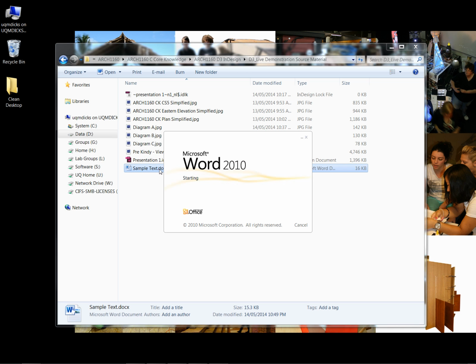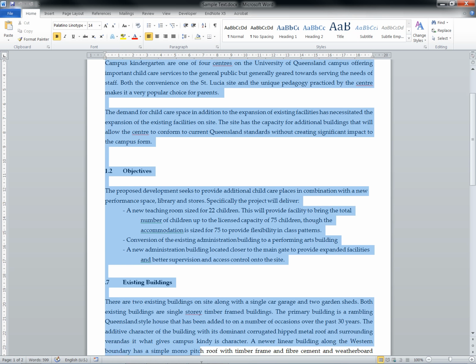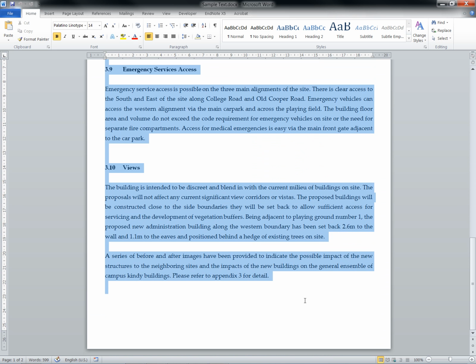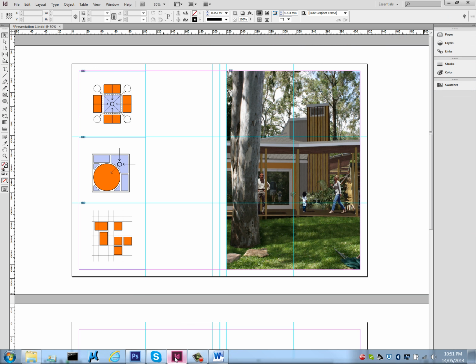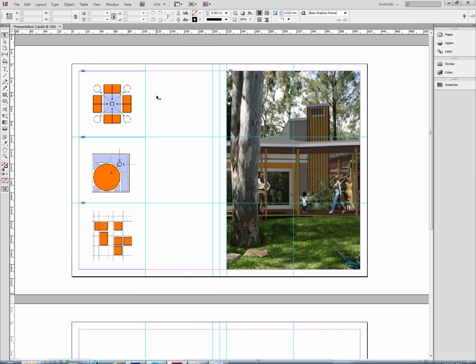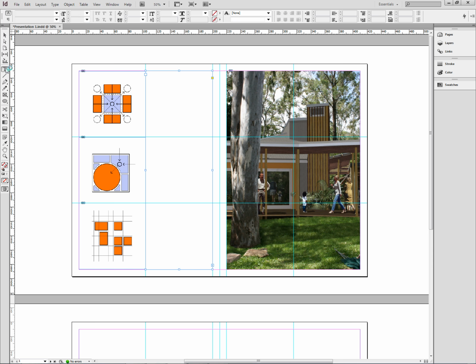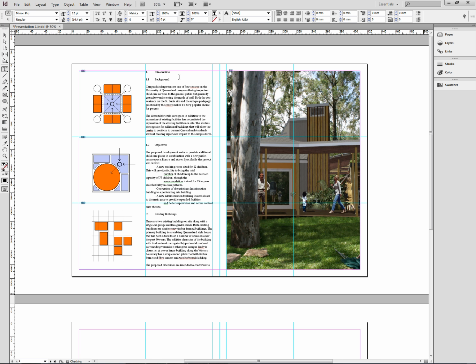However, here we go. I'm just going to open this sample text. Now I'm just going to select it all. There's no real logic to any of this text here at the moment, and I'm just going to go to InDesign through there. I'm going to select my text tool, put a cursor into the start of that text block, and now, because I've copied that text from the Word file onto my clipboard, I'm just going to press Control V to paste,